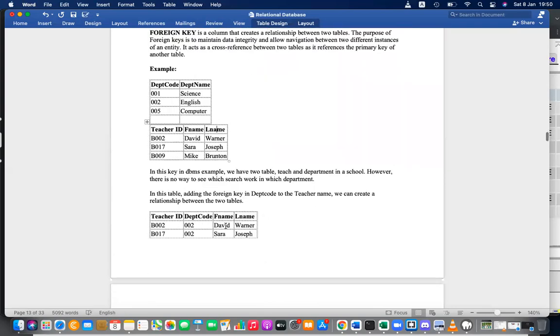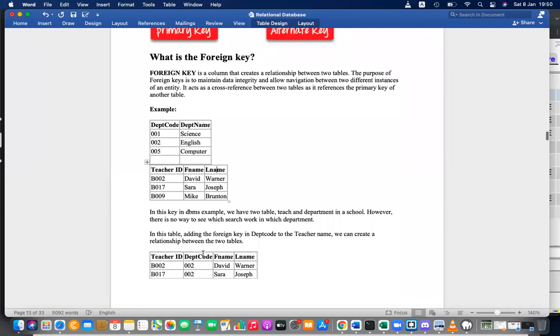If I want to link them, one thing is to put the department code, which is the primary key of the department table, into the teacher table. Then you can create a relationship between both tables. Otherwise, the tables will be isolated.